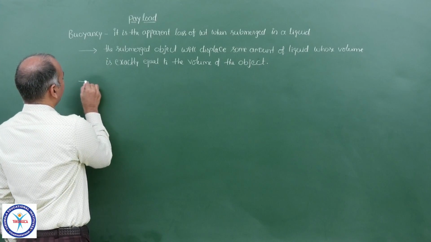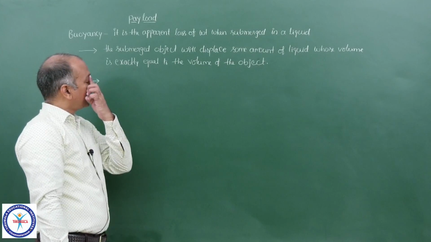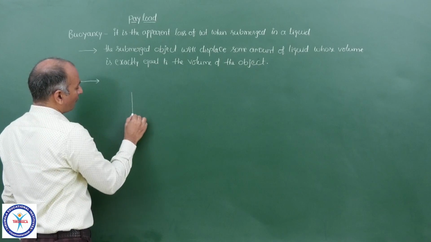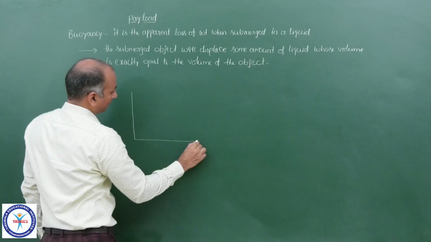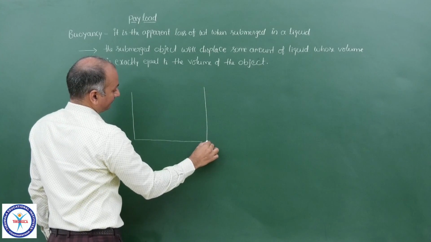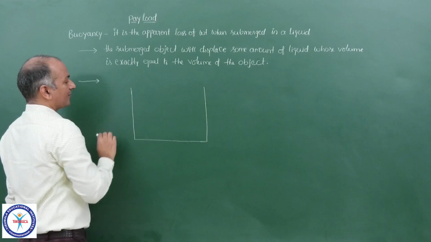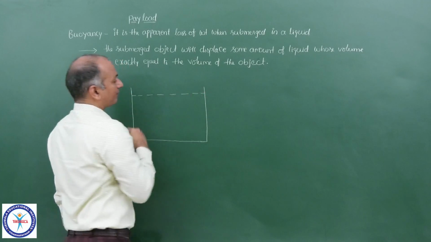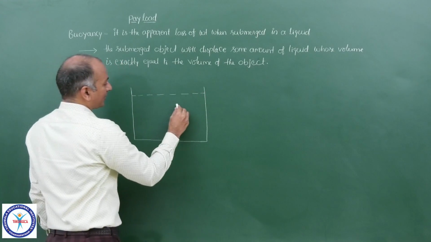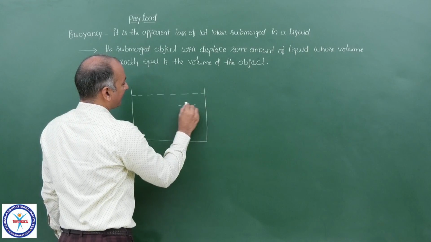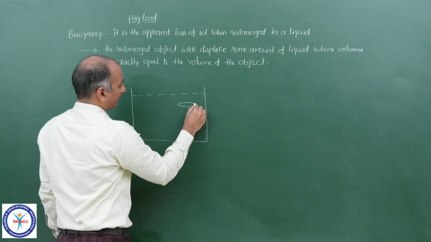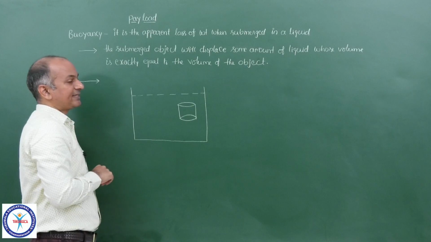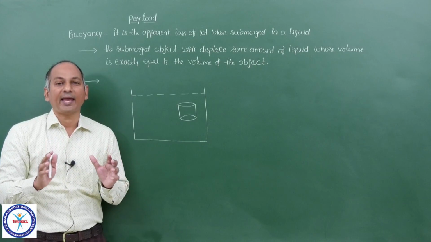Now, second point. Actually, let me explain the second point with a small example. Suppose we have a beaker like this. And this beaker contains water, and this is the level of the water. Now here, suppose one particular object is submerged in water, and it is cylindrical in shape. Suppose a metallic can